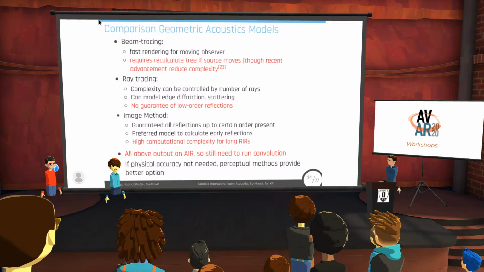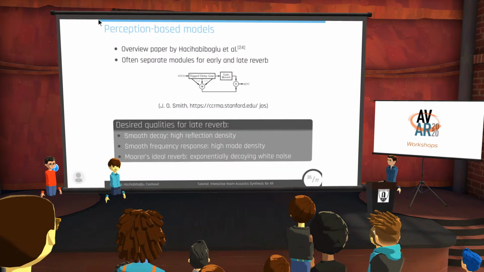Now, if physical accuracy is not needed at all, then perceptual models actually provide a better option. This is a paper that we presented, I believe, a couple of years ago in the IEEE Signal Processing Magazine. It gives an overview of these models, and very often we don't have time, unfortunately, to go into detail of all of them, but a very simple and widely used approach is the following, where we